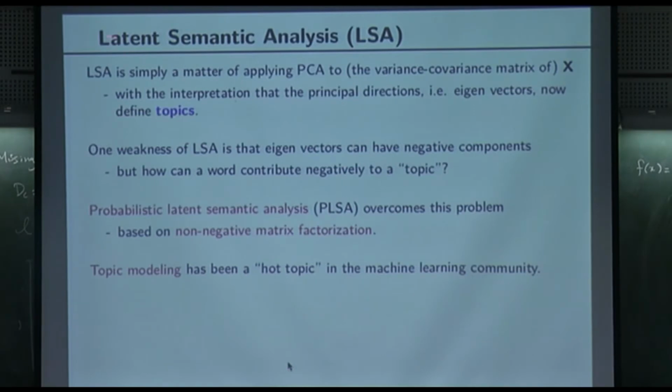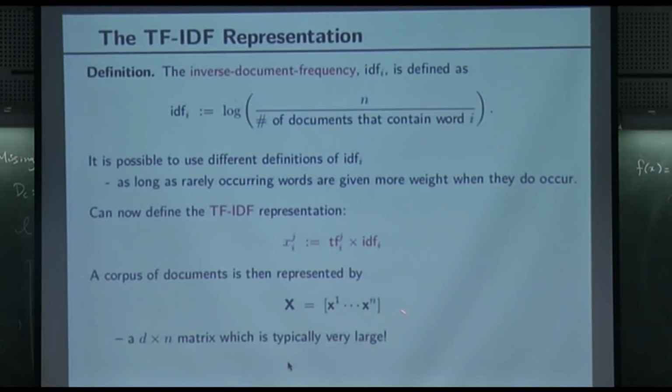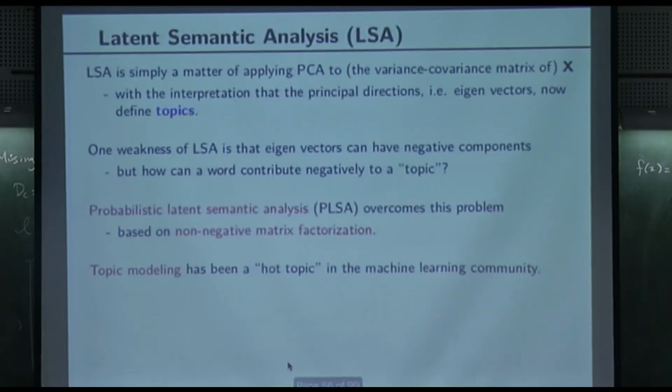So LSA now, latent semantic analysis, is simply a matter of applying PCA to the variance covariance matrix of X, or directly applying SVD to it. Either you can take the matrix X and apply it to the variance covariance matrix that you construct from it. Essentially what that is being said is that you first take this X, subtract from it the mean of all these vectors, and then do an SVD on the remaining thing. With the interpretation that the principal directions, eigenvectors now define topics. So every eigenvector now tells me,